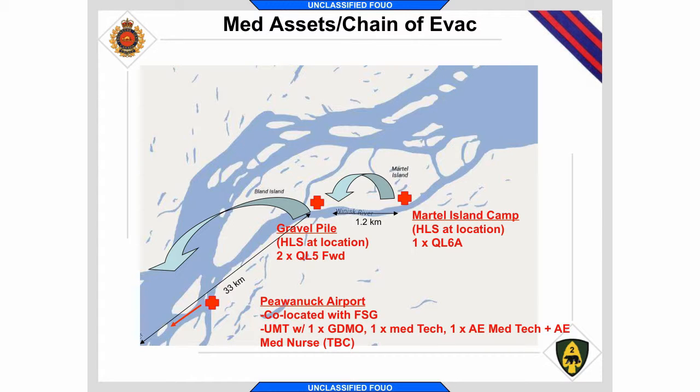The Air Force was tasked to provide CASEVAC and medevac, but they ended up really biting off the CASEVAC chunk more so than the medevac, and HSS sort of filled in the gaps there with the medevac piece. So what we ended up with was